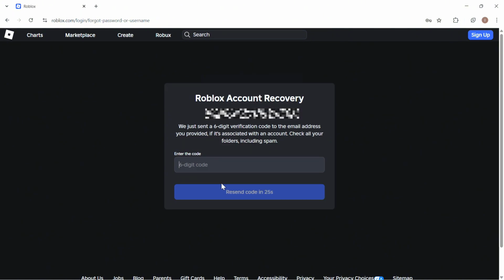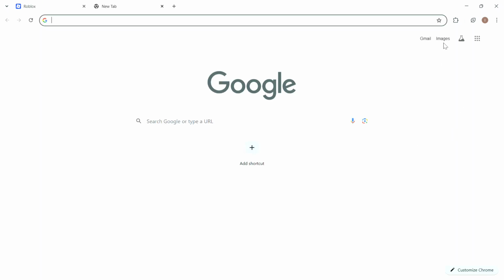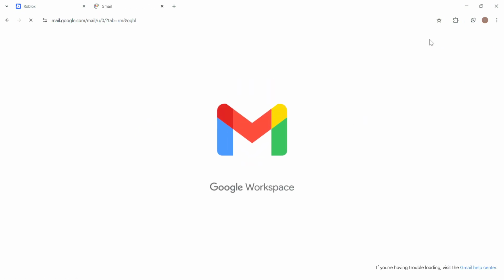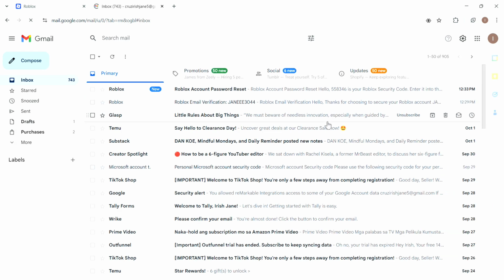So go ahead and open Gmail if you've used your Gmail account to recover your Roblox account, and then on Gmail, look for that specific email from Roblox. So go ahead and open the email from Roblox and then copy the code that Roblox has